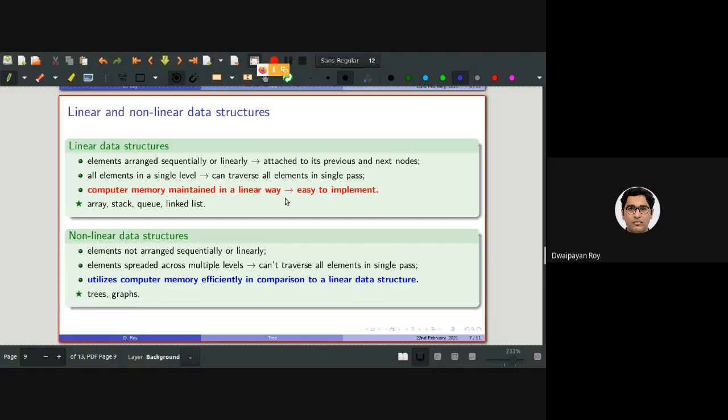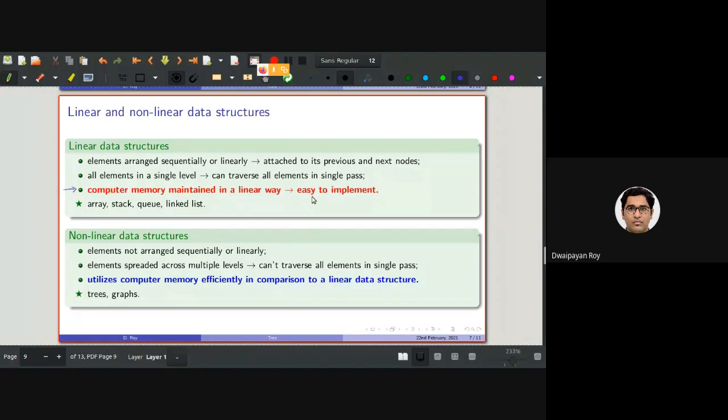Now, coming back to one topic that I started discussing in the last class, when I was comparing and contrasting linear and non-linear data structures. If you remember, or if you consult the slides that I have shared, for linear data structures, computer memory is maintained in a linear way, it is easy to implement, but it is not the efficient one.